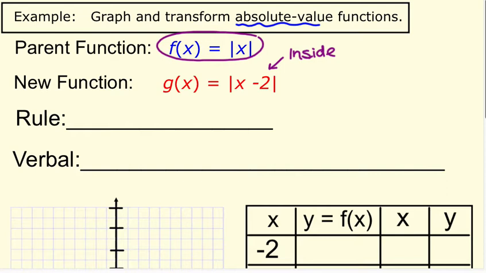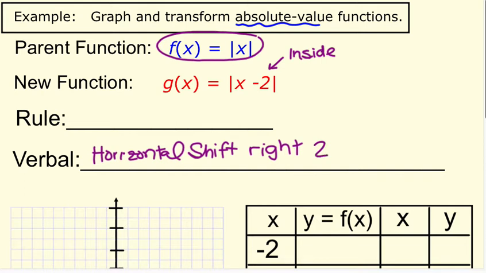So let's go back now. Let's verbalize it and write the rule. So verbally we say it's a horizontal shift right 2. As a rule, our original ordered pair would be this, and now every ordered pair with the x is going to change. It's going to be plus 2. So you have your x, and now we're going to add 2 to every x value. So there's our rule. Now let's go down and graph